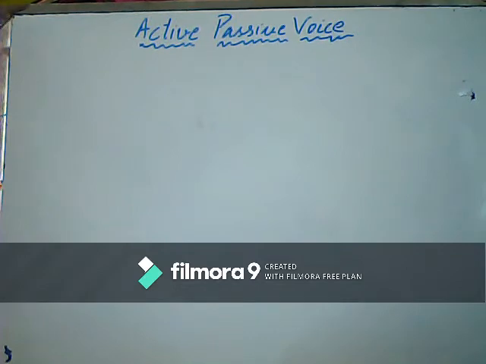The lion was shot by the hunter. Now when we use the passive voice, our first concentration automatically goes to the lion. The lion was shot, and it is not necessary to say who shot the lion. So that is the basic use of passive voice, and generally the passive voice is used with transitive verbs only. A transitive verb means a verb which has an object. In that case only, passive voice is possible. Although converting to passive voice is very easy, let me tell you with an example.